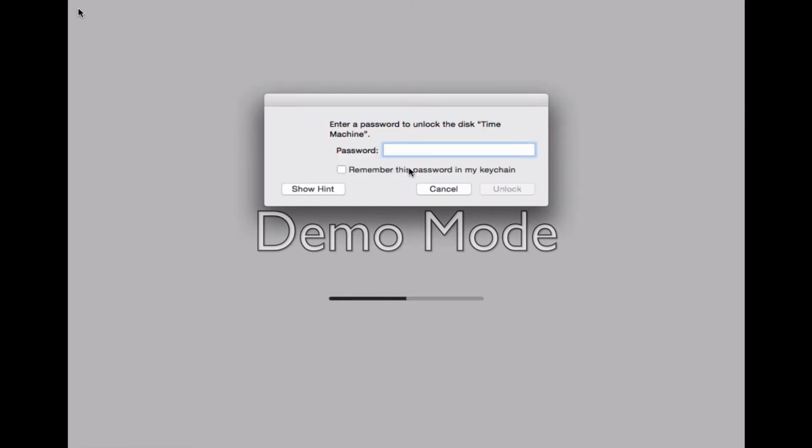So every time your computer restarts, it will show this bar here, and then your mouse will show up, and I'm going to unlock my disk,